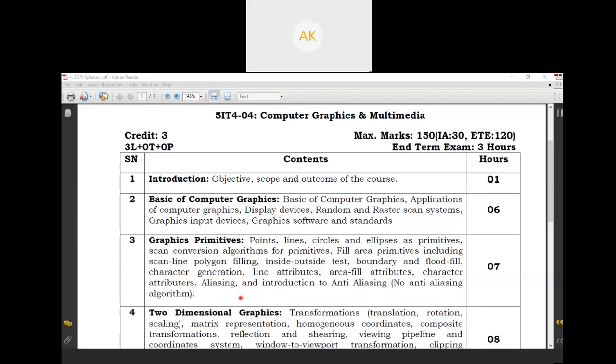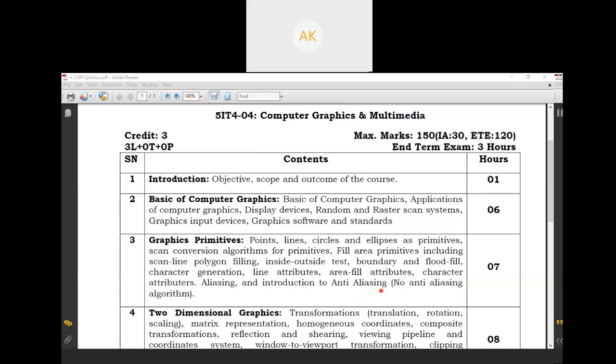Aliasing means, I think when you see a picture and zoom in, you have seen some kind of boxes. There is some kind of distortion, meaning they are not in line. This is called aliasing. So anti-aliasing means how we can reduce this aliasing. When we plot a line, there is some kind of tilt in that line. So anti-aliasing means removing that